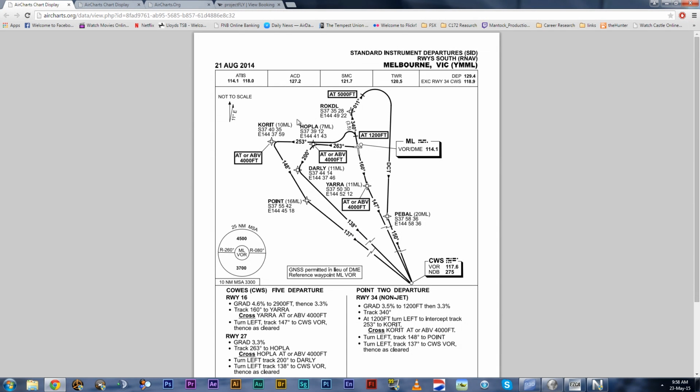You can see the SID I've pulled up on aircharts.org, and it says 0.2 departure, gradient 3.5 degrees up to 1,200 feet, then 3.3, track 340. So it's tracking 340, and then at 1,200 feet, turn left to intercept track 253